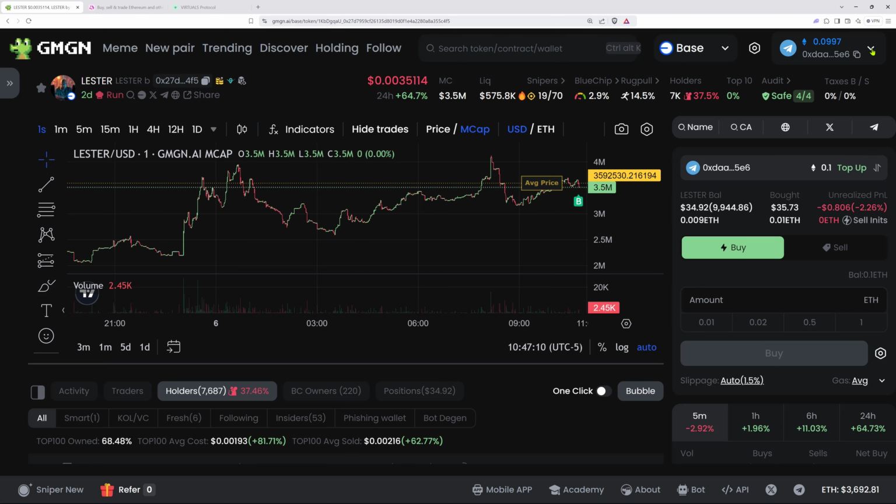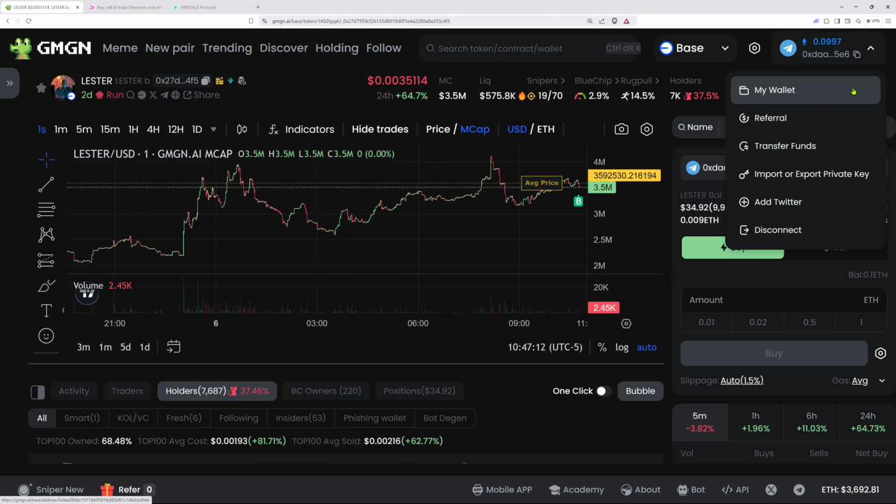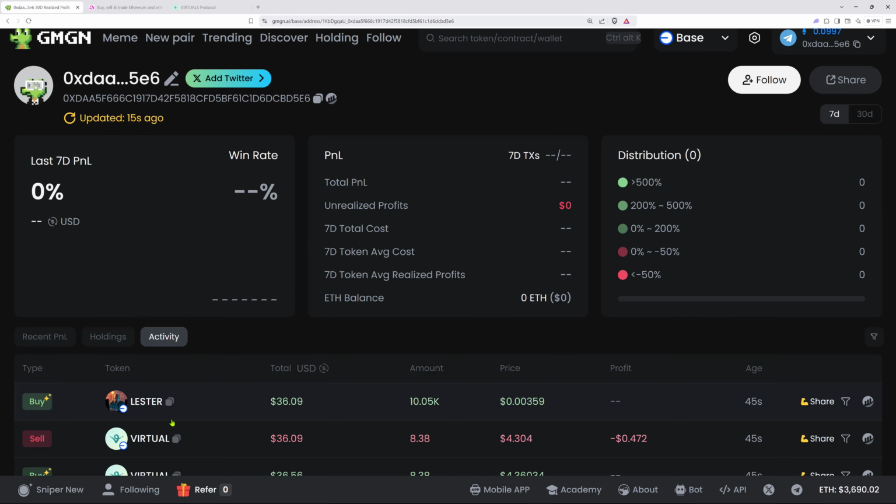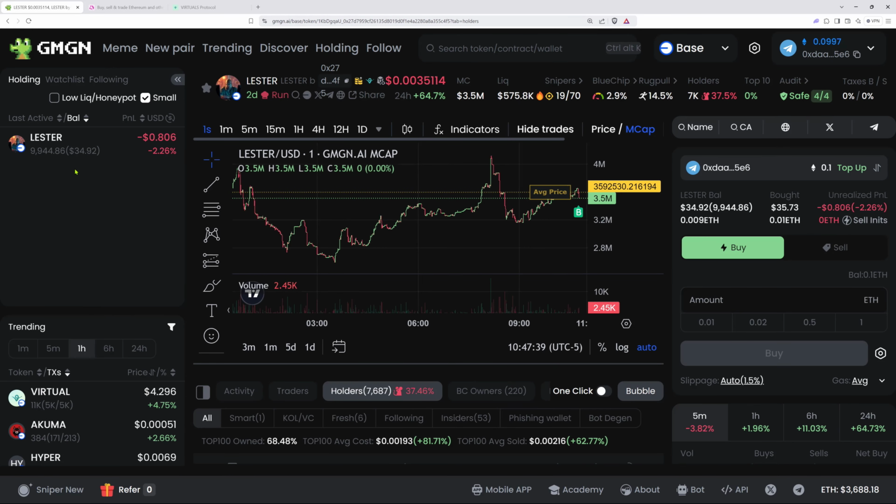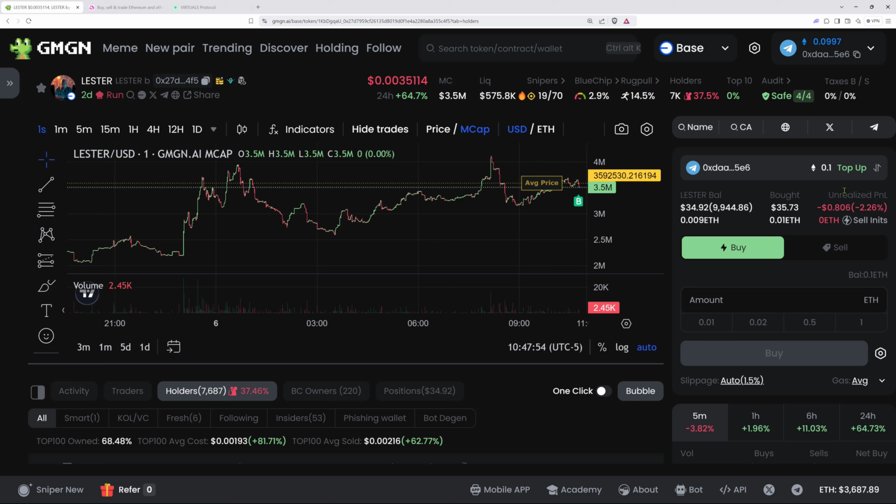And when I come on over here now, we go to our wallet section, as I showed you guys, we could see how this is exactly what we purchased. Over here now, you could open up this little slide, and this also shows you your holdings right here, okay? So it says right now, I'm down 2.26%. Again, this is just an example, and this shows me how much I own, which is 9,944 units or 34.92. Again, you cannot compare this to what we saw happening on Virtuals. That experience is not going to differentiate you.